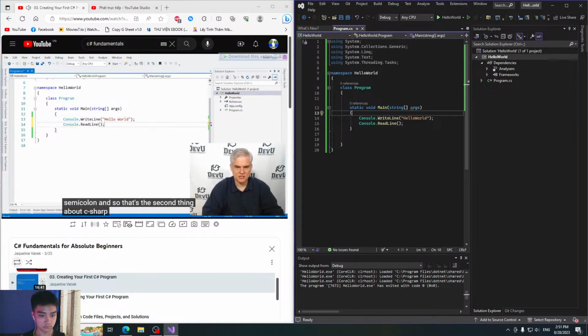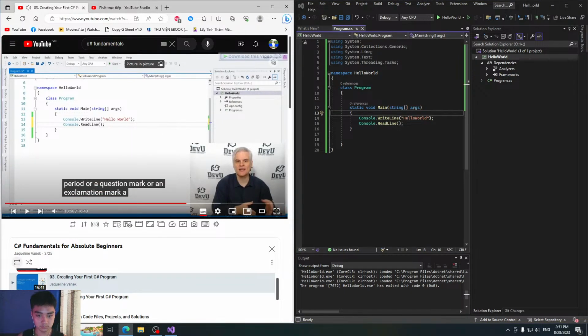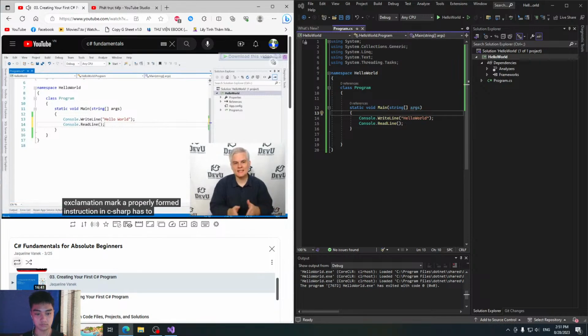And so that's the second thing about C# that we're going to learn: just like a properly formed English sentence has to end with a period or a question mark or an exclamation mark, a properly formed instruction in C# has to end with a semicolon.